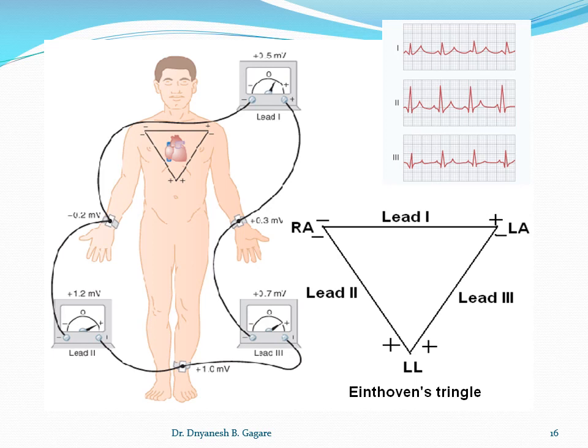If you see the current flow, if you remember the wave of depolarization and wave of repolarization, the current flows from base to the apex. So the direction of the current flow is in this direction. And if the direction of the current flow is in this direction, then we get the higher magnitude of the wave. Potential is higher, height is more, because the wire connection is also in this direction. Positive terminal is here, and current flows towards the positive terminal or towards the exploring electrode. If the current is flowing towards the exploring electrode, then height is more.